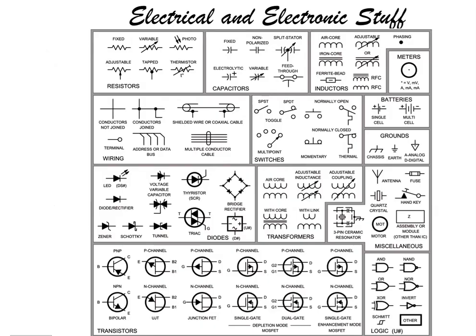Friends, you can see on my screen I have taken different symbols and let's understand each symbol's significance. We commonly use words like resistor, capacitor and inductor in electrical and electronic theory. You might have seen all the symbols, but you may not have a clear idea about each symbol's significance. First of all is the resistor. Resistors can be represented in different ways, and the symbol can be like this. First, we have the fixed resistor.